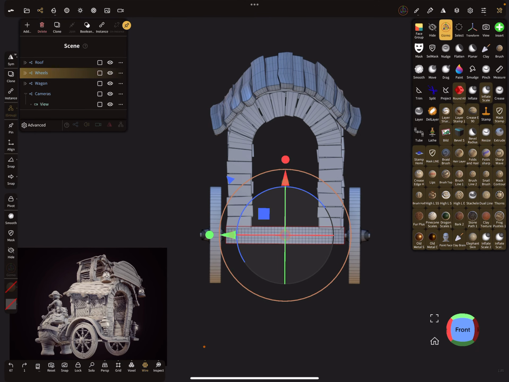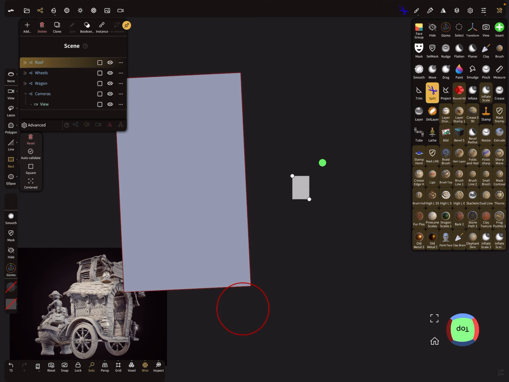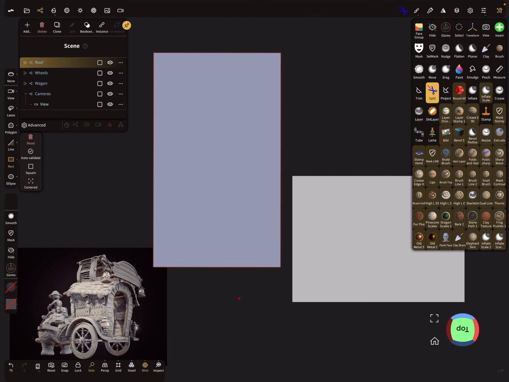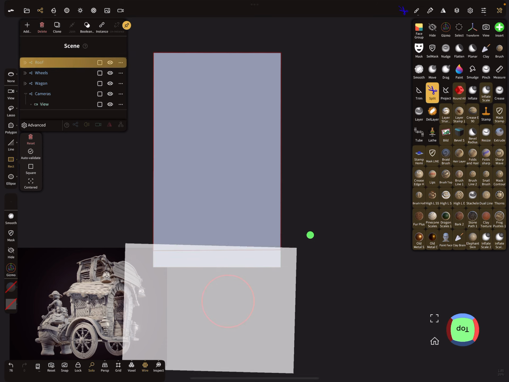So now I use solo view, and I use another orientation for the boards here. I make it from like this here. So rectangular. So let's split.